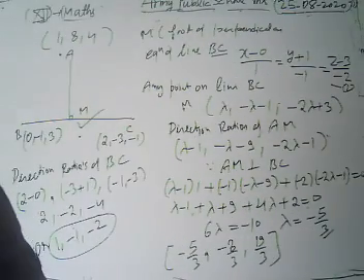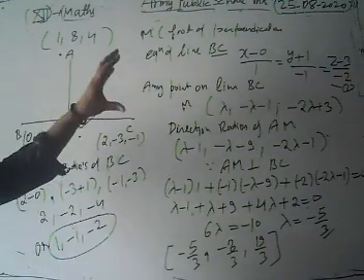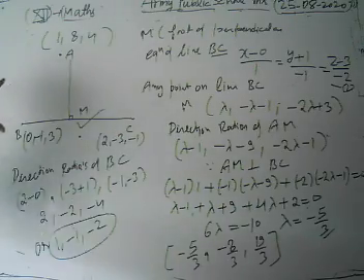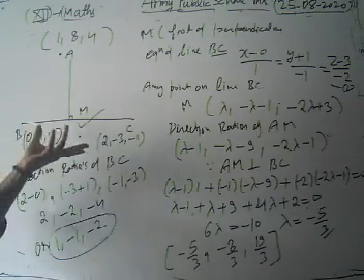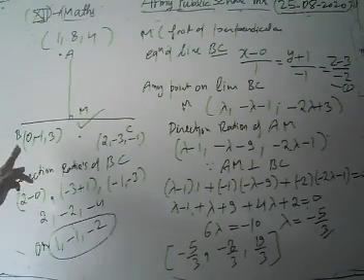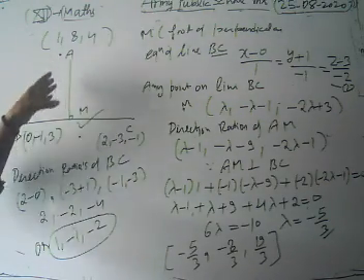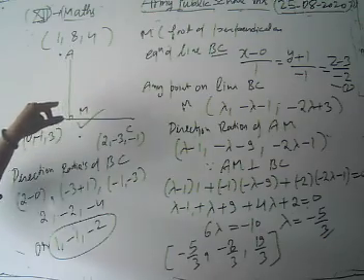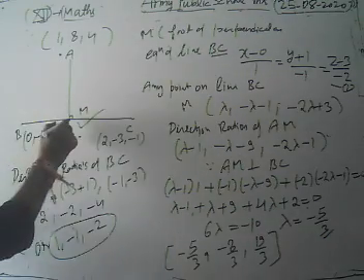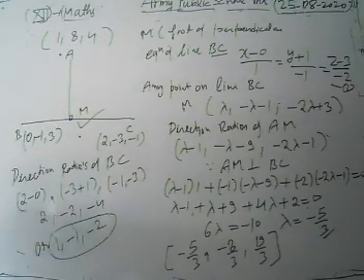I am just going to revise that again. What have we been given? We have a line, with the coordinates of line BC being 0, minus 1, 3 and 2, minus 3, 1, and we draw a perpendicular from a fixed point A, 1, 8, 4. Then we have to find the foot of this perpendicular. First of all, to get the foot of perpendicular, what do we have to do?